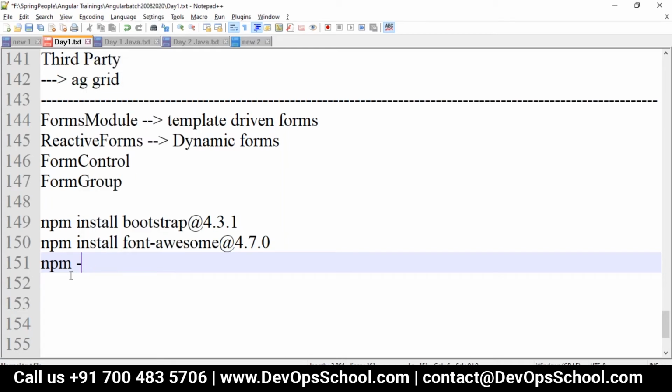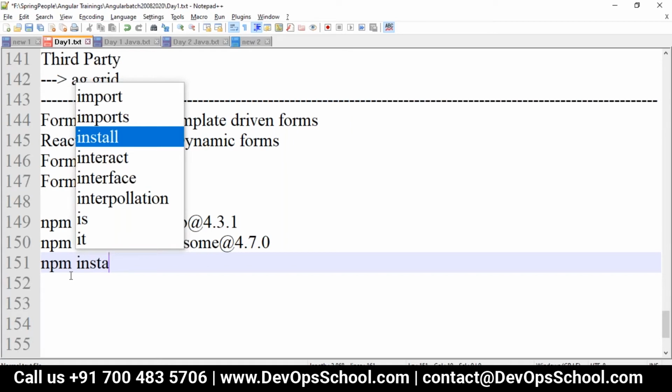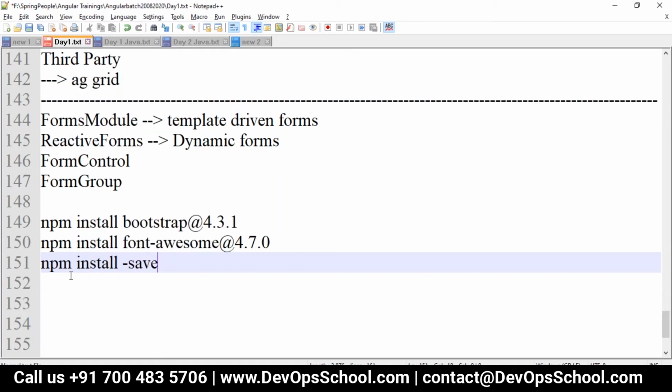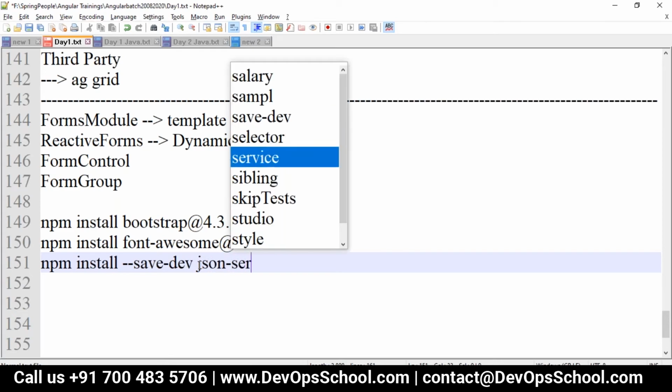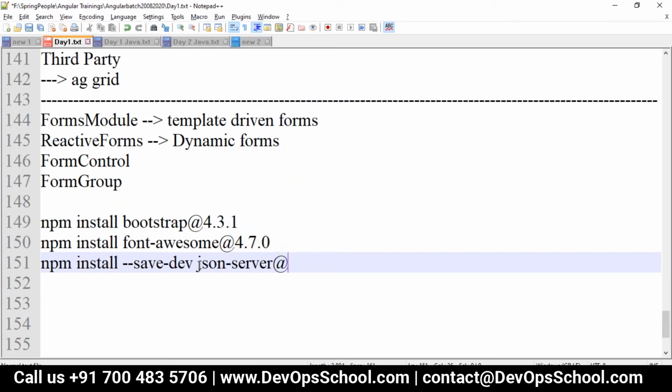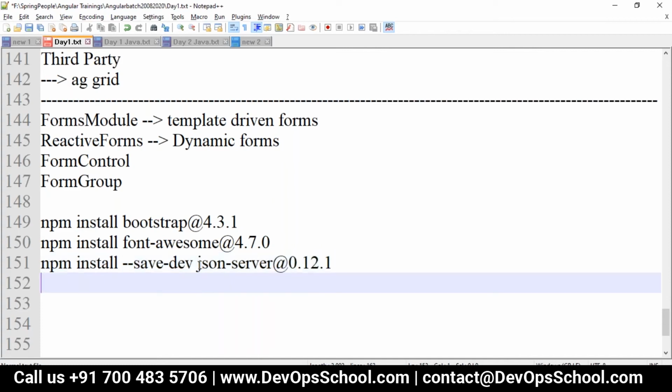So npm install, we can save it to our dependencies. With --save-dev, we want it only for development mode. This will add it to your dev dependencies, because for production we may not require it. So json-server. And to take care of authentication and authorization, we are going with the JSON web token.